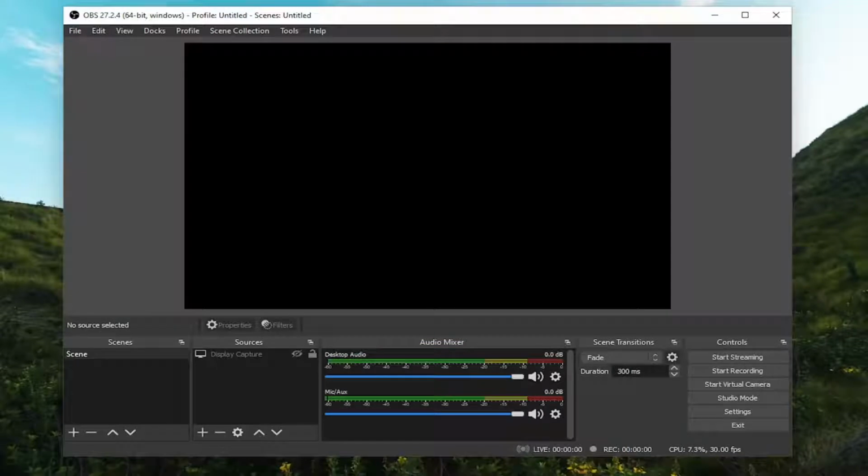In today's tutorial, I'm going to show you guys how to add a microphone to OBS Studio. So this should hopefully be a pretty straightforward process here, guys, and without further ado, let's go ahead and jump right into it. So all you have to do is select the little plus sign underneath the sources field, and